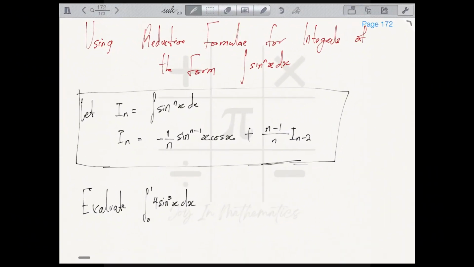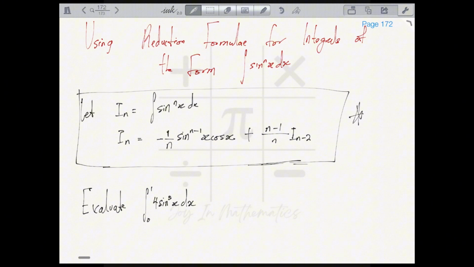Now, since we've been using the reduction formula for a while now, we understand what this means, where I_n is equal to minus 1 over n sine raised to power n minus 1 x cos x plus n minus 1 over n multiplied by I subscript n minus 2. Now we have a question here